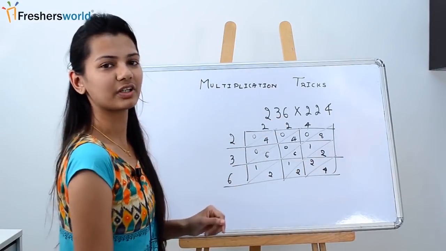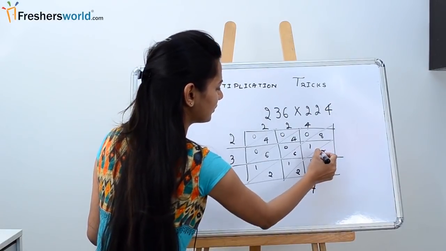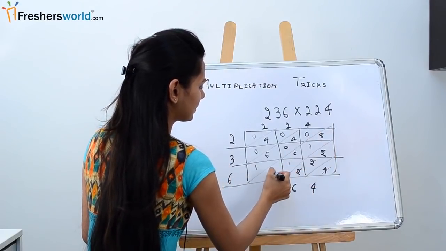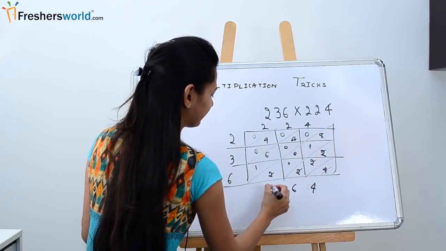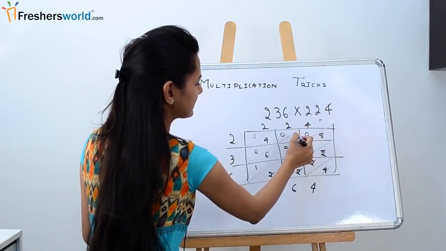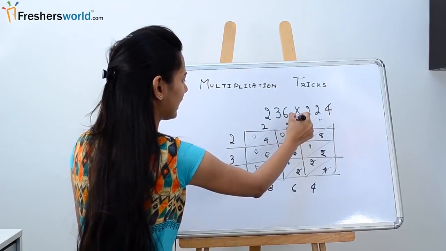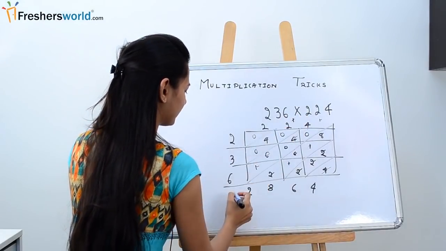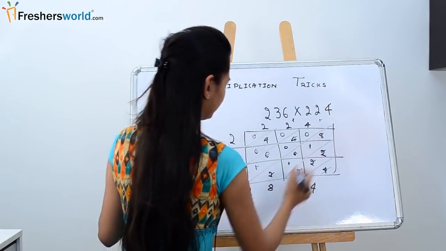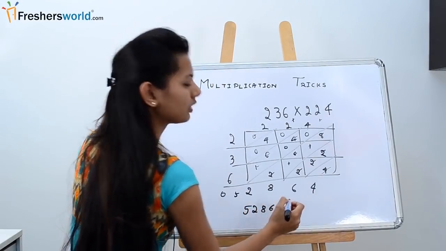Yes, after I have done this, I am going to add. So this would be 4, this would be 2 plus 2 plus 2 6, this would be 8 plus 2 10, 16, 17, 18, and 1 carry. Then add this side, 4 plus 1 5 plus 6 11 plus 1 12. So 2 and 1 carry, then it would be 4 plus 1 5, and this is a 0. The answer for this would be 5 2 8 6 4.